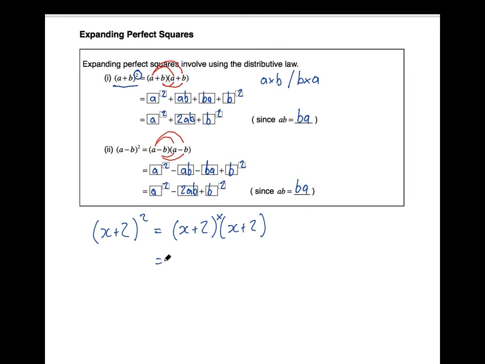Using our normal technique, x times x is x squared, x times 2 is plus 2x, 2 times x is also 2x, and then 2 times 2 is 4. Grouping together the like terms 2x and 2x, we can solve the equation, giving us the solution x squared plus 4x plus 4. That was expanding perfect squares, and join us in the next video to work through a few